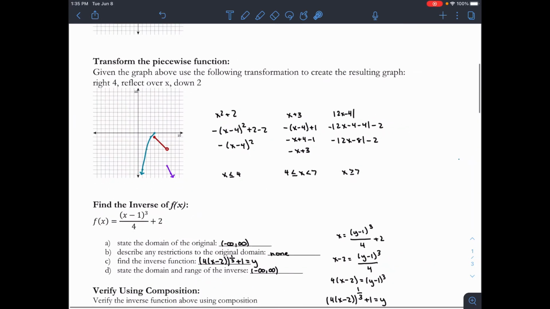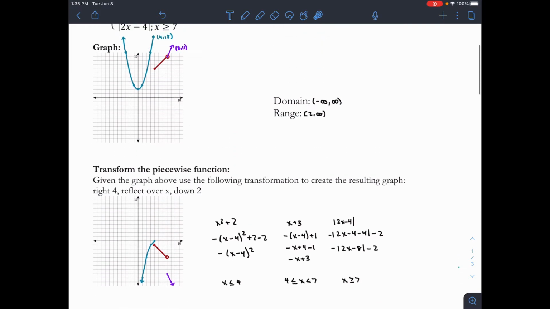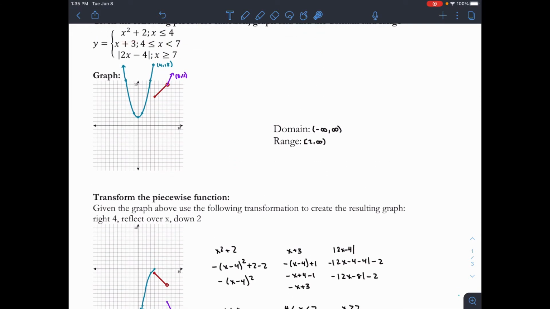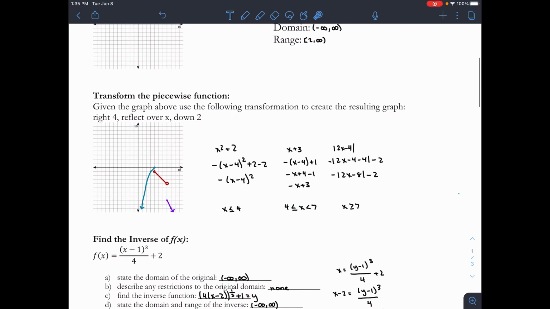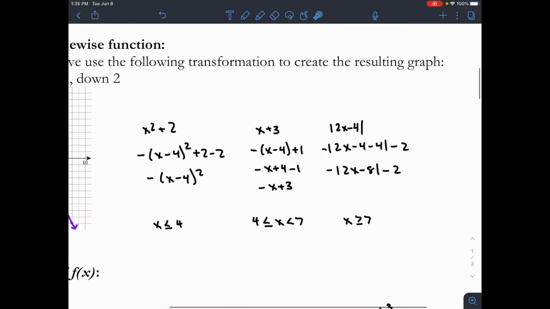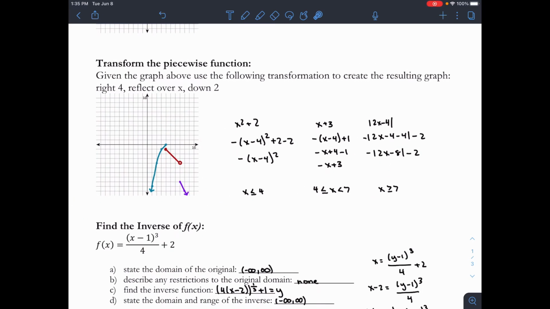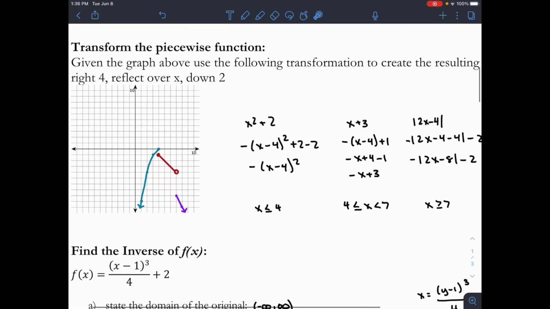And so this next part, it said to make these transformations. So what I did was I took these equations here, and put it here, and then I just used those reflections. It said right 4, reflect over x, and down 2, so I did that for each equation. This would mean the reflect over the x-axis, this minus 2 would mean down 2, and this negative 4 within the parentheses would mean the right 4 transformation. And so I did the same thing for all of these equations,